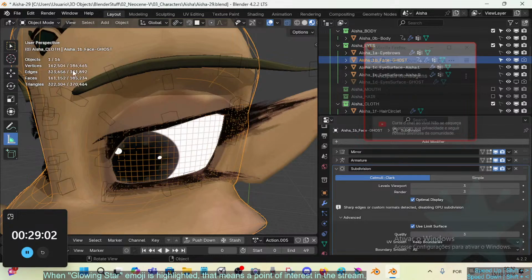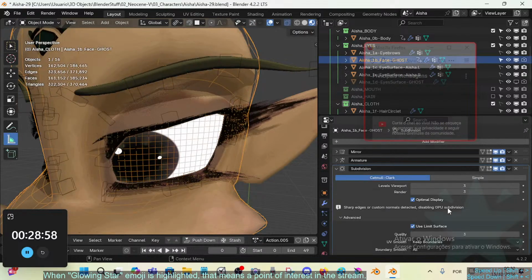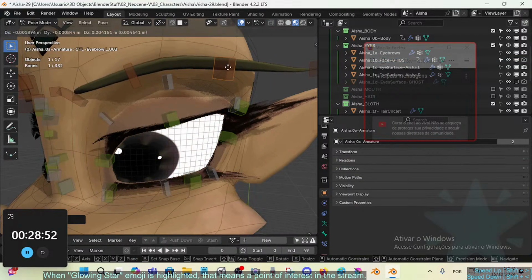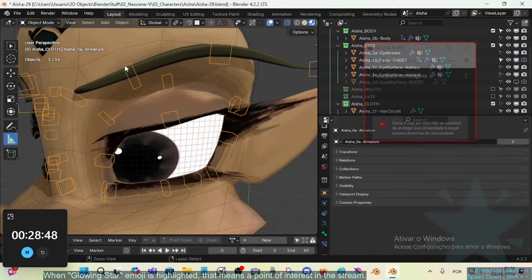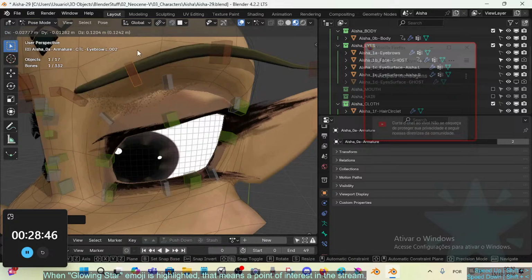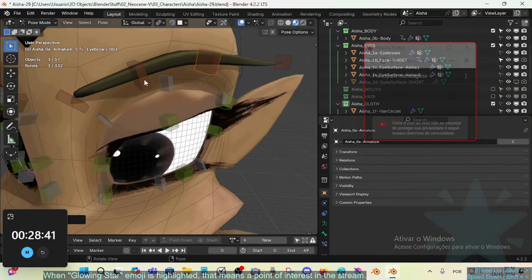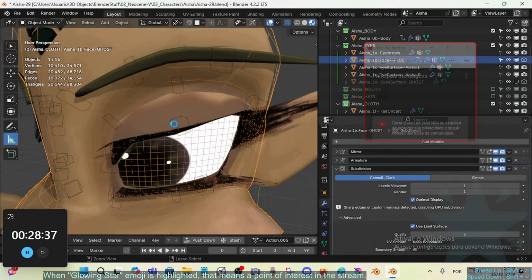Maybe even 3. No, it lags too much indeed, so this is not good. Let's then 2. I'm always wary about lagging the rig. This is terrible for 3D animation, so no, just 1 should be good enough. Alright, so this seems to be working. Then about these bones, so the subdivision level 1, right? Then we need these